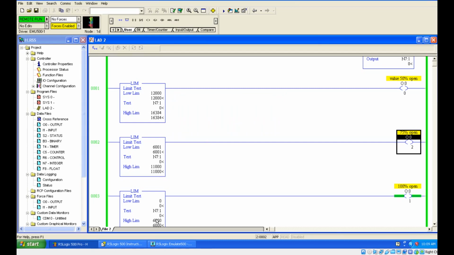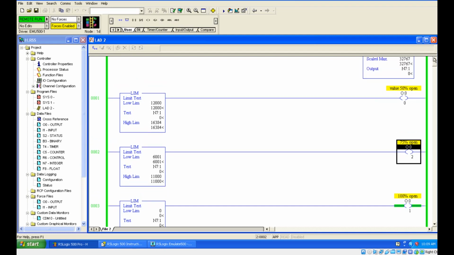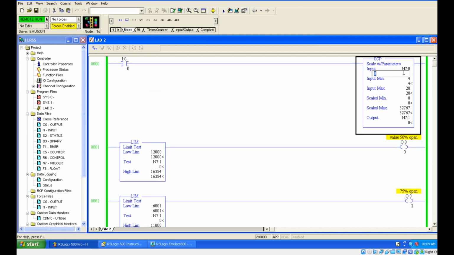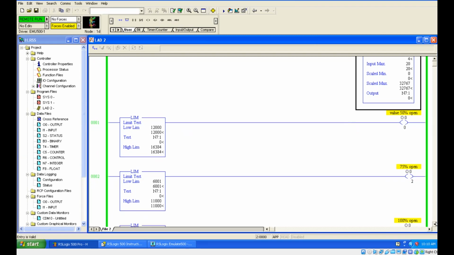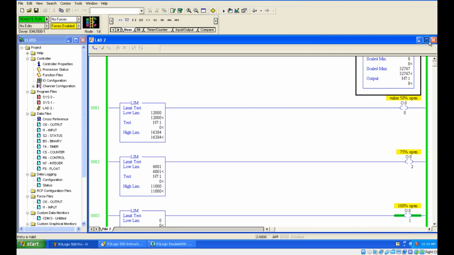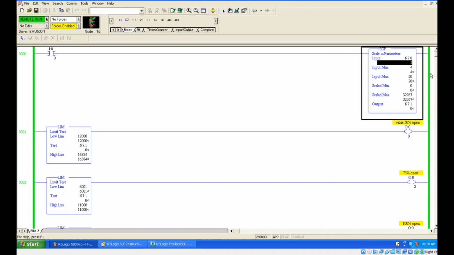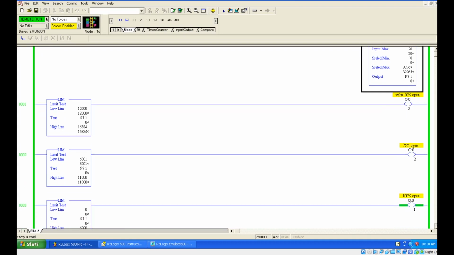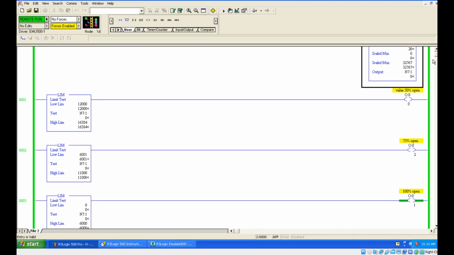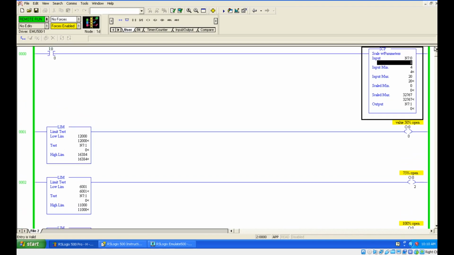Fine. So now the value was 0, no? So it is 100% open. Now give 5. So still it is 100% open. You can see here. Now give some value like 8. I think it is still 100% open because we have not turned on the run condition.